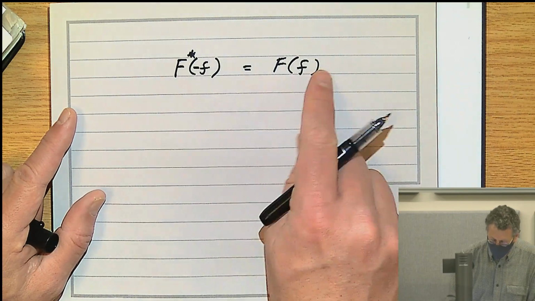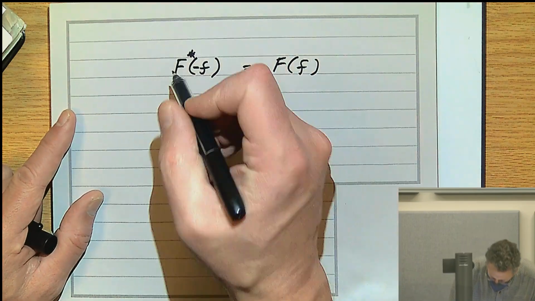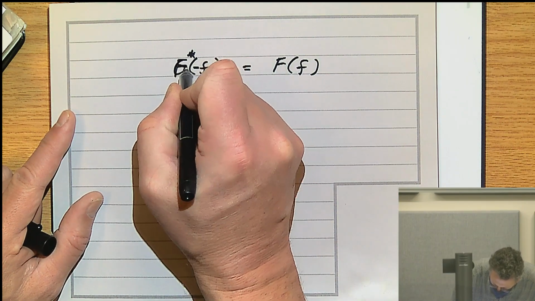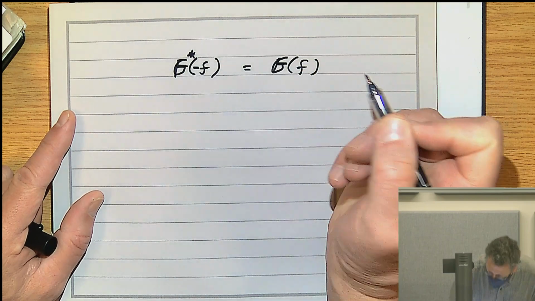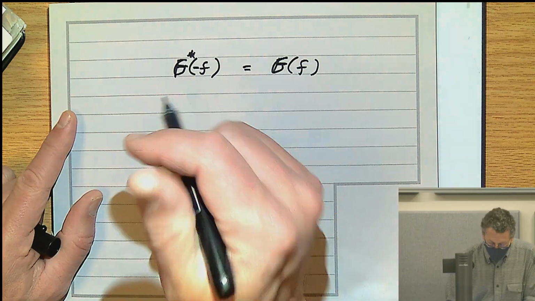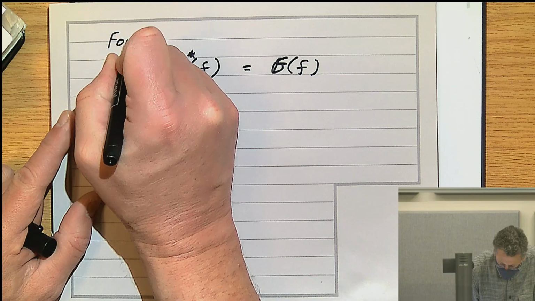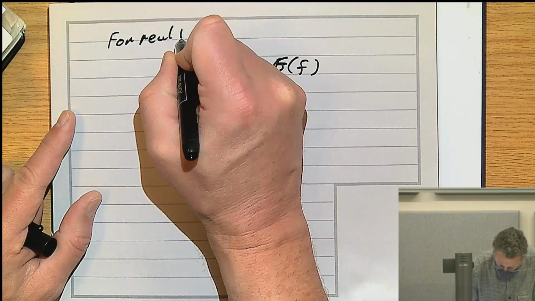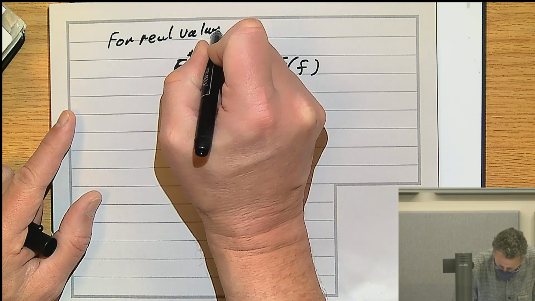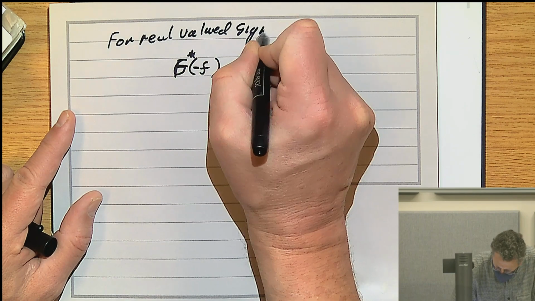I know that notation is unfortunate. Maybe I should call this G. So for real valued signals,